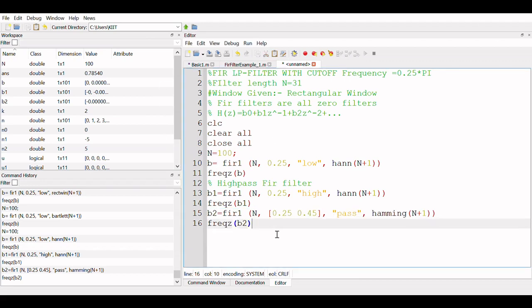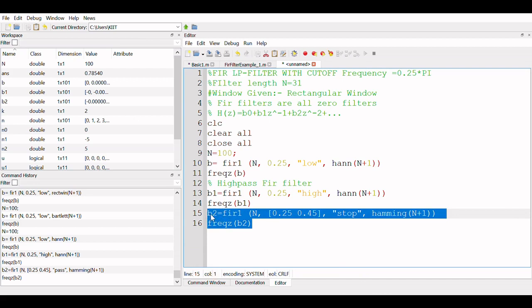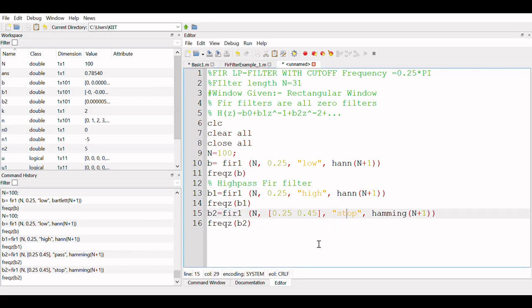Similarly, you can pass something called band stop frequencies. Suppose I passed band stop frequencies, a band stop filter or band reject filter, right? Again, you can know that it is going to reject between 0.25 and 0.45 and pass every frequency outside. So this is my band reject filter, or band stop filter. So you just have to pass it.